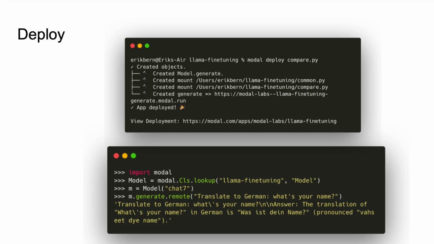And the nice thing is, here's an example. You can take these models and deploy them as endpoints in the cloud, basically serverless functions running on GPUs in the cloud. You can then import these functions in other Python scripts and call them. So I'm just firing up the REPL here in the second screenshot and calling this. And the cool thing is it's all serverless, right?